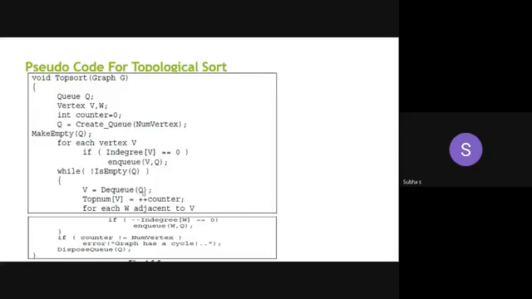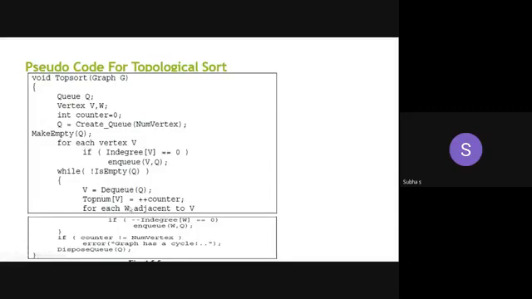You have to dequeue. What is the principle followed for dequeuing? You have to dequeue the element pointing to front. So V equal to dequeue of Q. Then top num of, that means here you are going to decrement the counter, because each time you have to decrement the counter value.